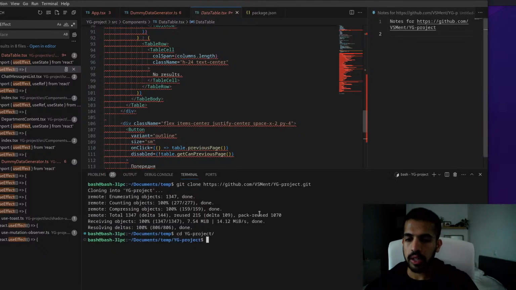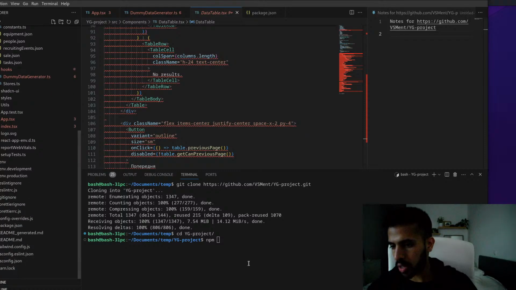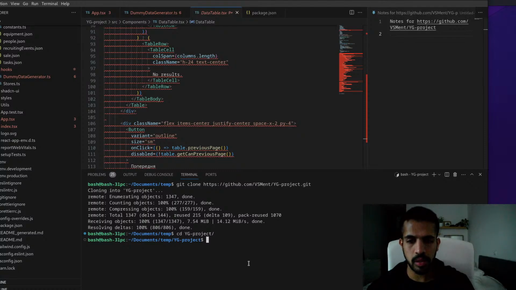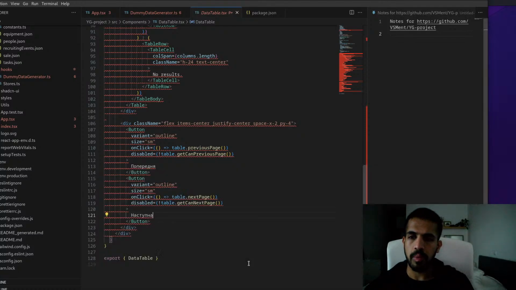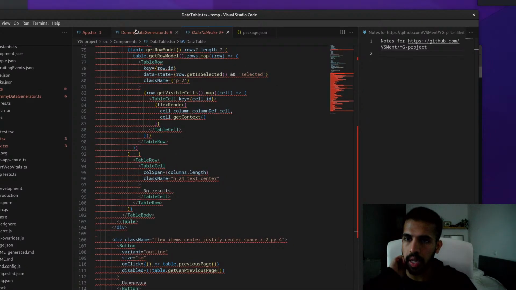You know what? I will actually try to install the dependencies. Is this an npm or a yarn project? It's a yarn project. I don't think I have npm on this machine, to be honest. So I will maybe skip that step. Maybe I will get into it a bit later.